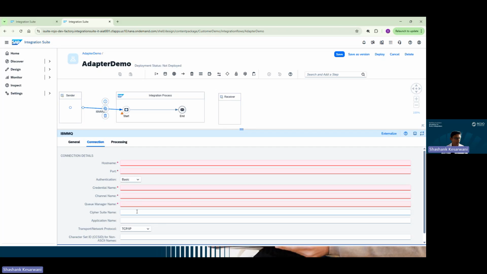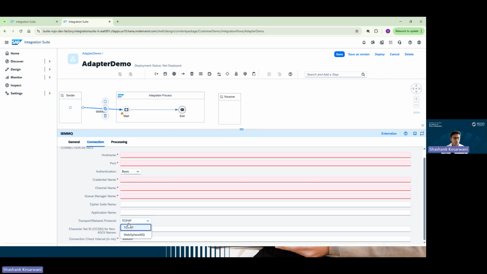In case you have a one-way SSL communication enabled, you then provide the Cipher Suite name as well. You can use a custom application name in order to specify a particular scenario. It could be a business use case as well that you can define here. There are different protocols that you can connect with, the TCP and the WebSphere. This is also coming from a PO, so people having PO background would also be able to relate to this